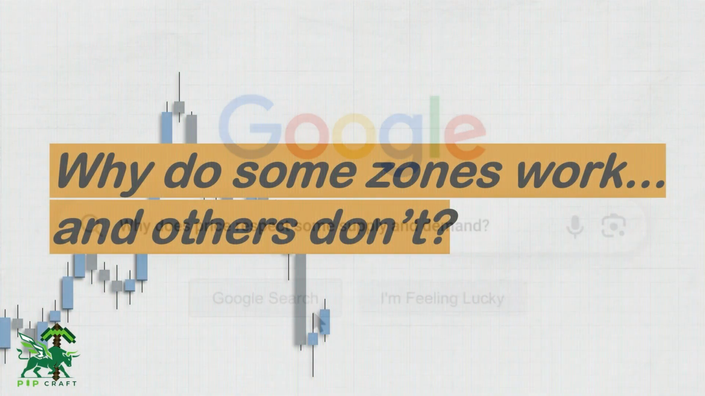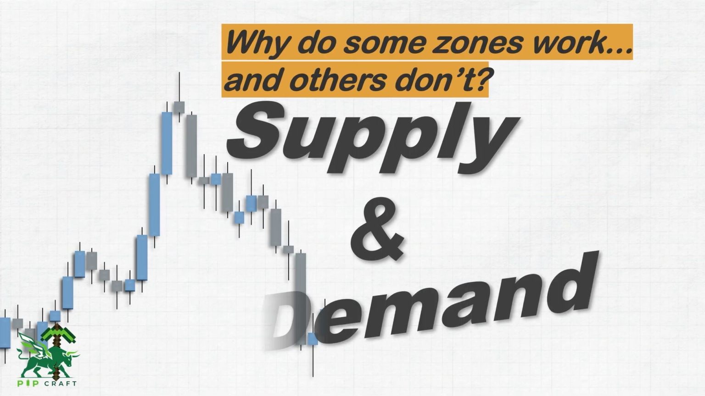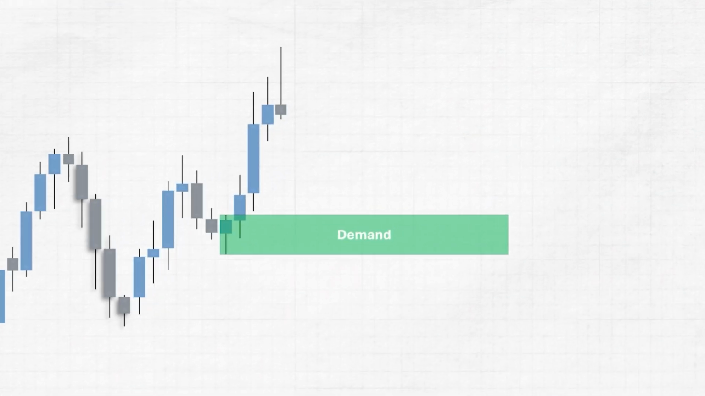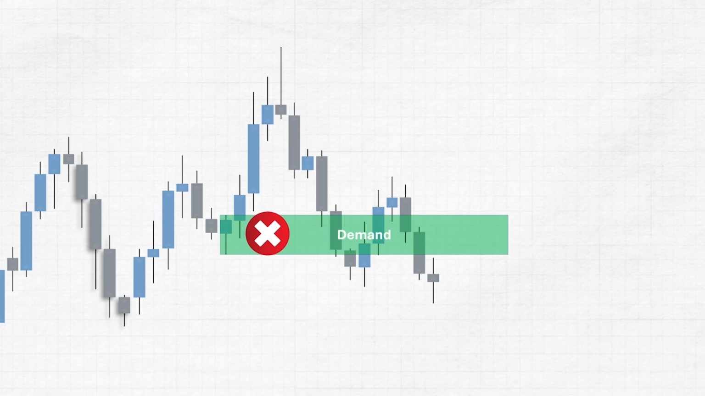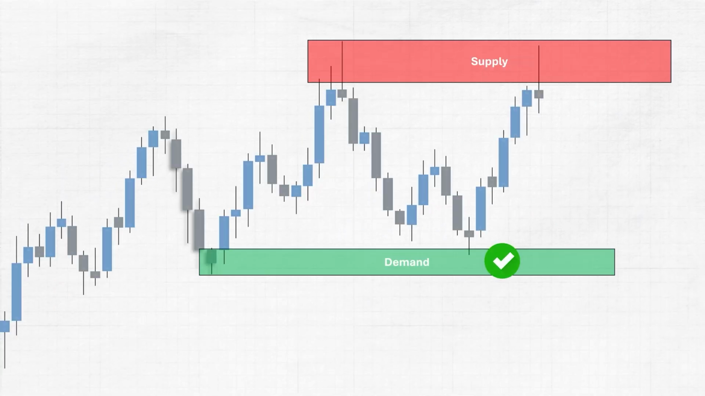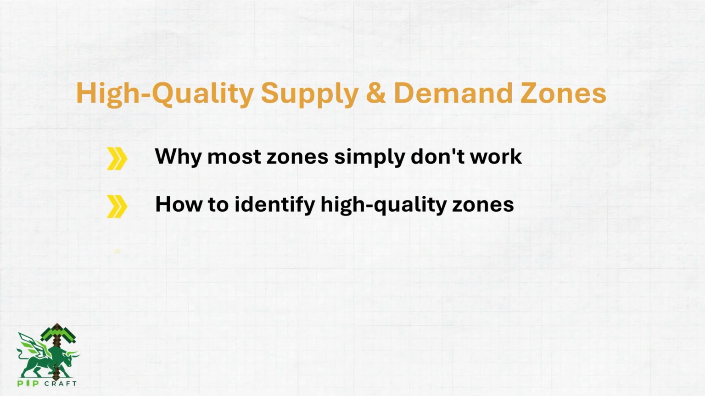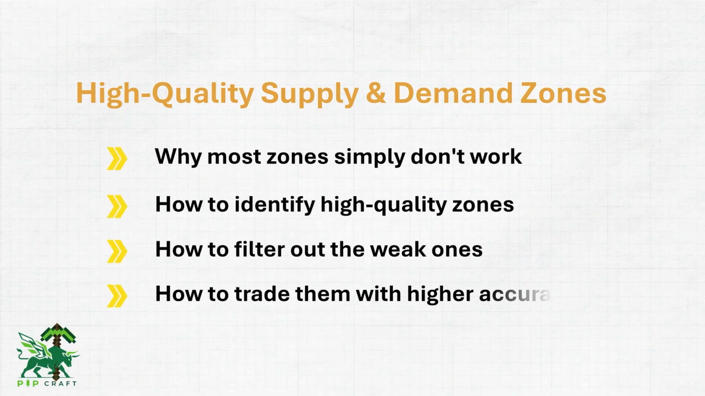Why does price respect some supply and demand zones, but completely ignore others? Supply and demand zones are one of the most fundamental concepts in trading. However, most of the zones traders mark simply don't work. To gain an edge, you only need to identify the zones where price is most likely to react. In this video, I'll show you exactly how to identify high-quality supply and demand zones and filter out the weak